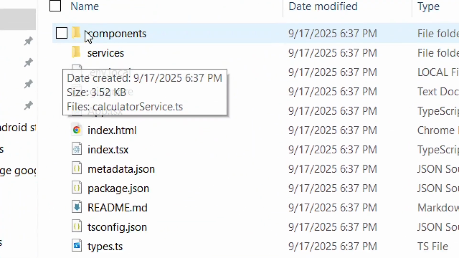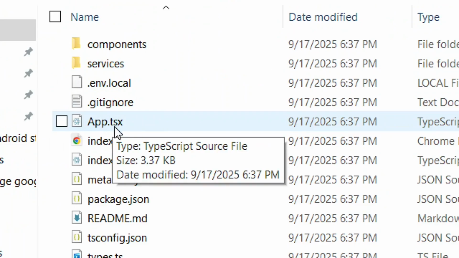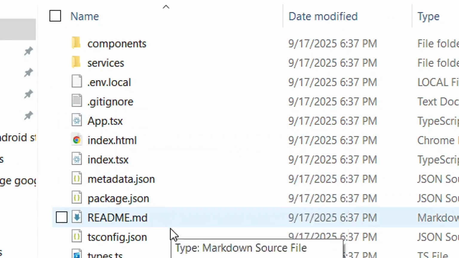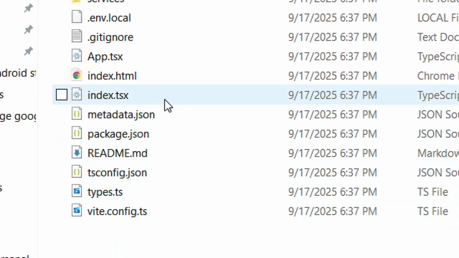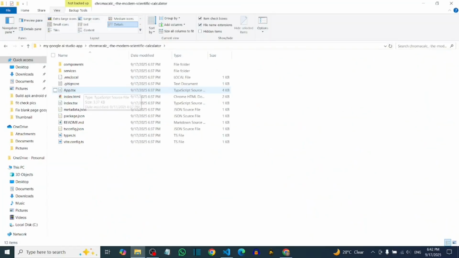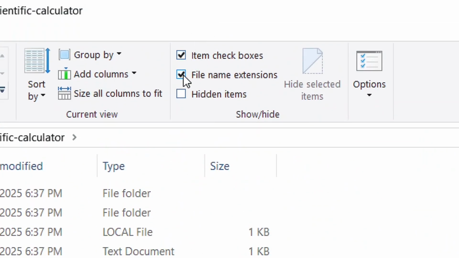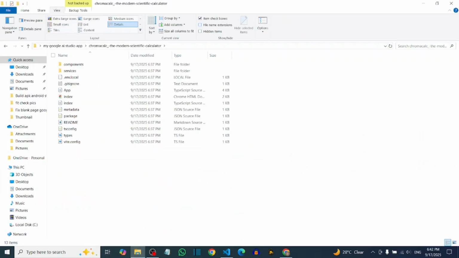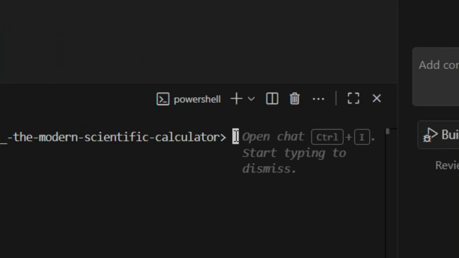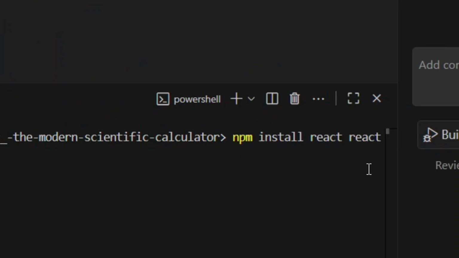So as you can see, we now have the full name of all the files, and the app is app.tsx. So this shows that it is a React app. Okay, so the app that we are having is a React app. Good. Mostly all the downloads that you download from Google AI Studio are React apps. Then I uncheck the box that is file name extensions, and come here to the terminal, okay, and run this, okay, that is